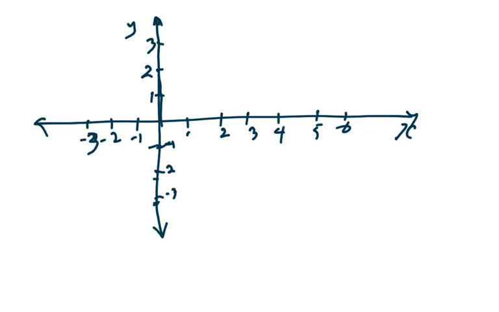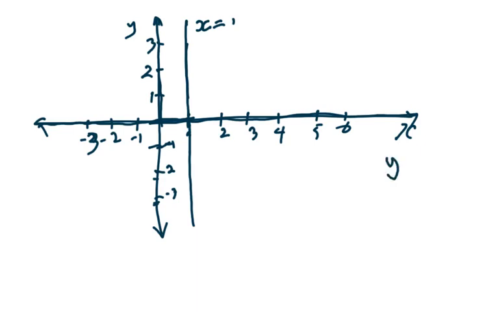If we drew a line along there, this line would be called x equal to 1. In fact, let's start with the x-axis. The x-axis is also called the line y equal to 0, and the y-axis is also called the line x equal to 0. The reason being, along the